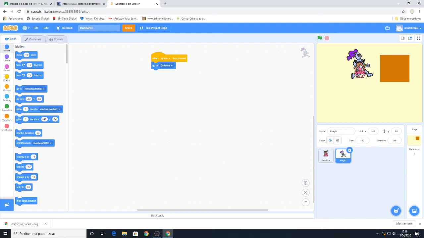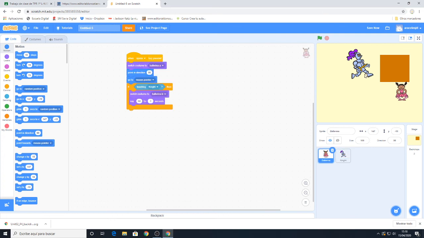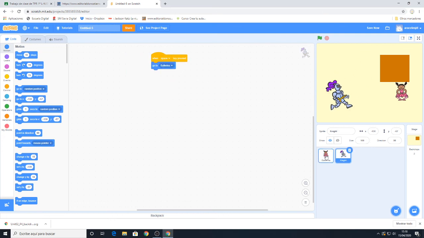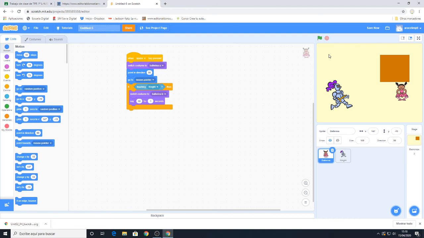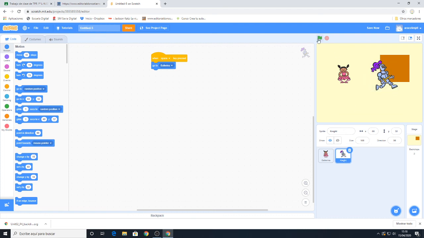twice, okay? What happens if I start my code with the ballerina? It's slightly different. I press the green flag, I press the space key. First, the ballerina moves, I press the space key again, and then the knight moves and says hi, and she says hi, okay? If I start my code here with the knight, like this, okay? And if I start with the ballerina,